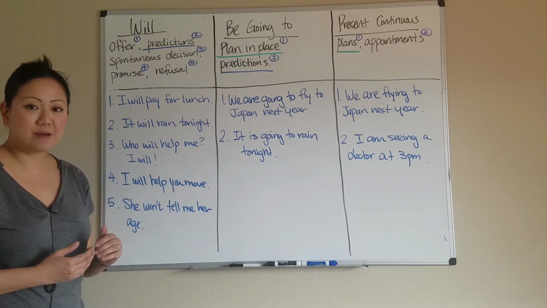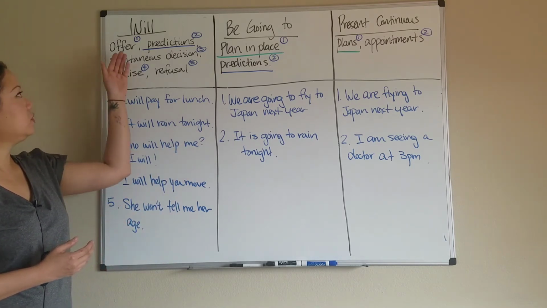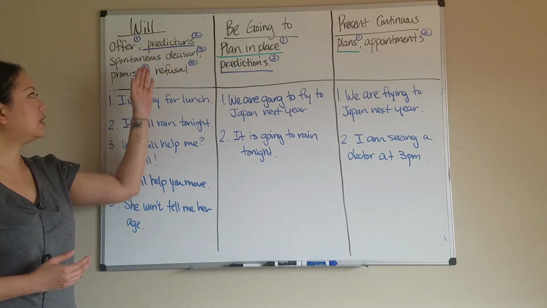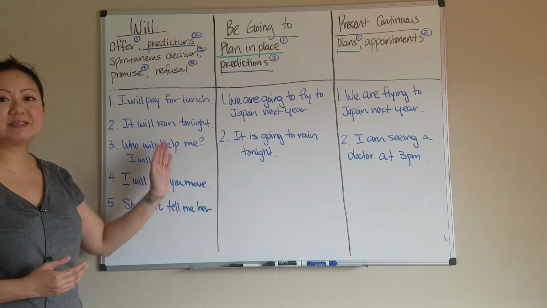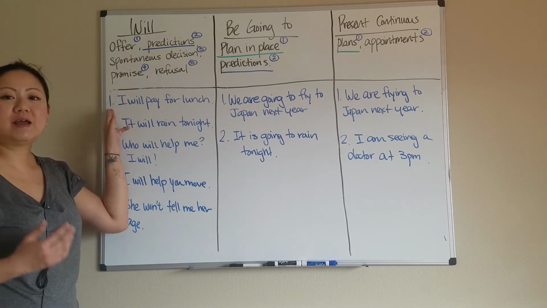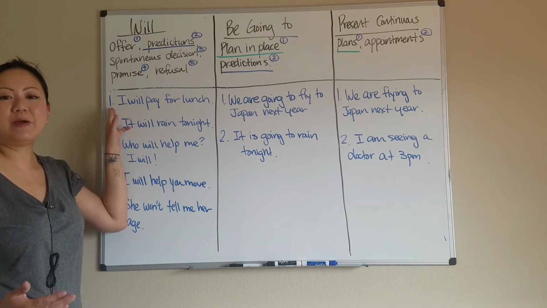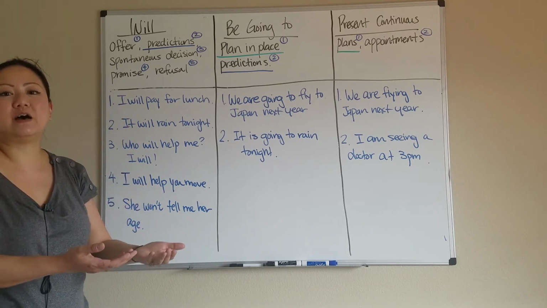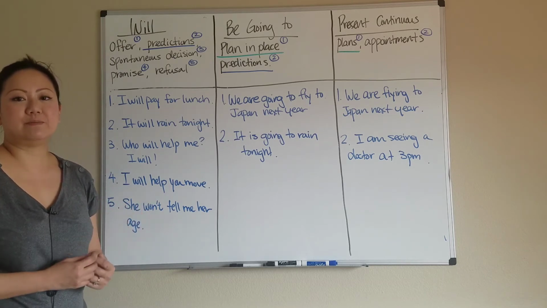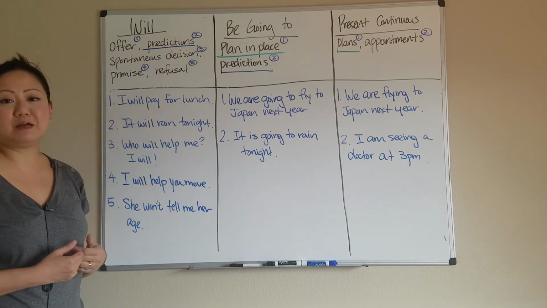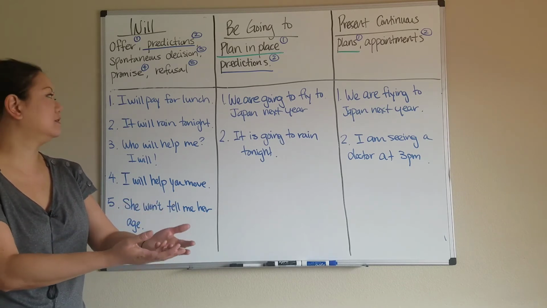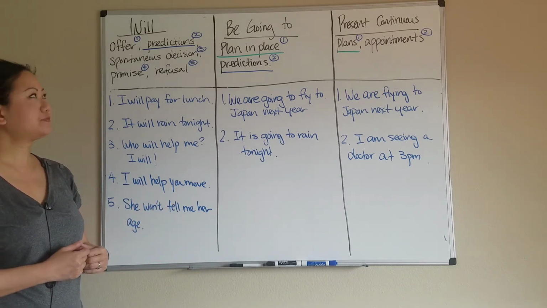Let's look at some example sentences. You will see that each sentence is corresponded to their use so that you can refer back to the sentence and the use. So first is an offer. Like I said, you can say, I will pay for your lunch today. I'll pay for lunch. You're offering yourself to pay for someone, to give someone something. Okay, in this case, a meal, a free meal. You're offering to pay for something. Okay, I will pay for lunch today.